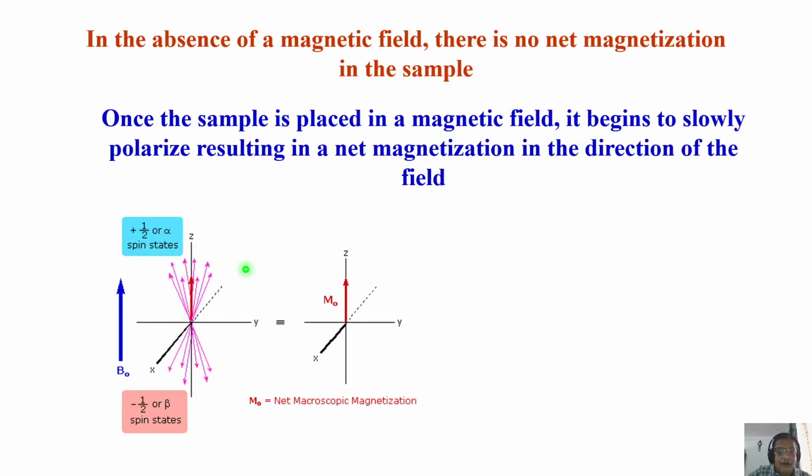These are all net magnetic moments, which are in the two spin states, alpha and beta. As we have discussed many times, we have more spins aligned in the direction of the magnetic field than in the direction opposite to it. It is a statistical average, not that the spins are always along this axis. On average, there is a tendency for more spins to be in the direction of the magnetic field than opposite to it.